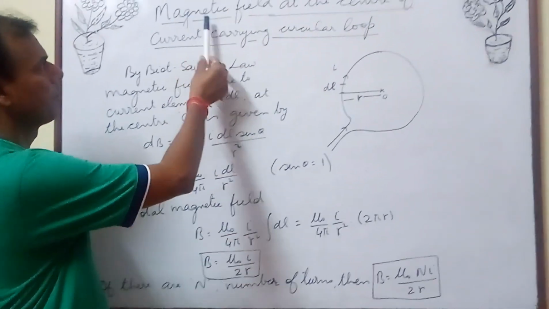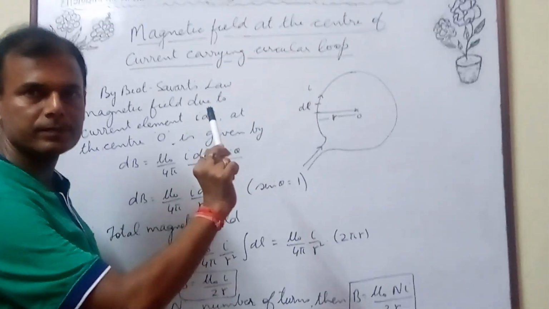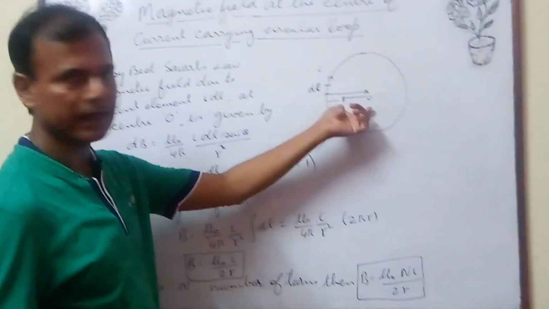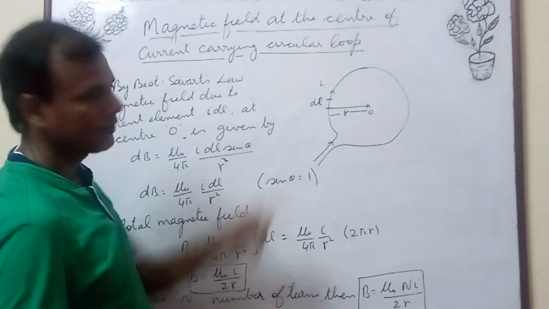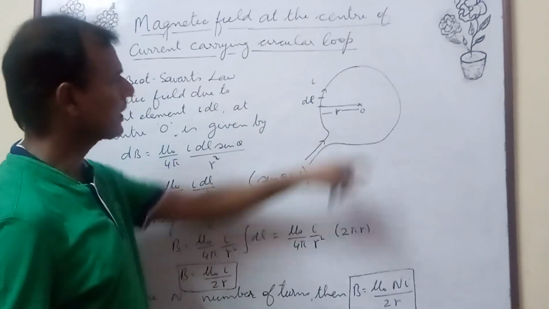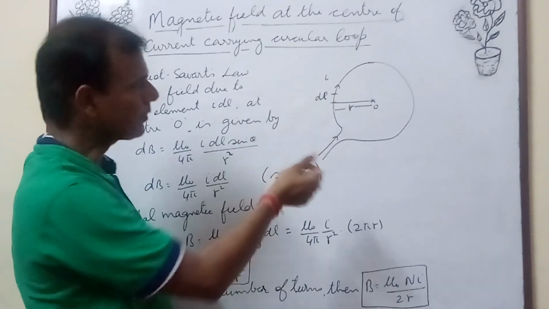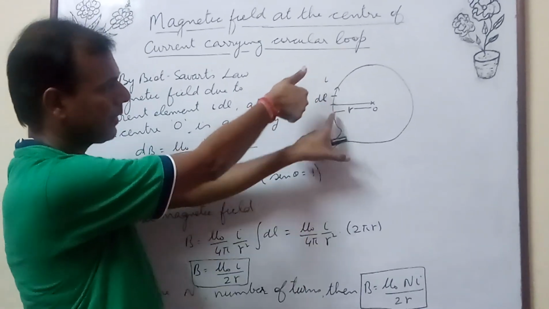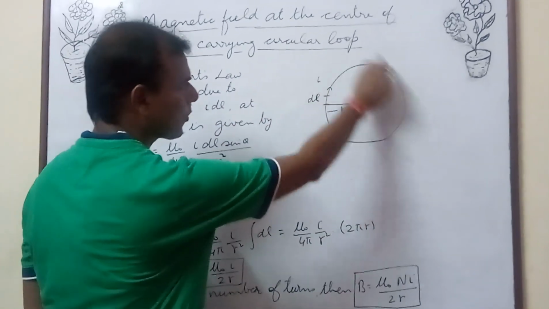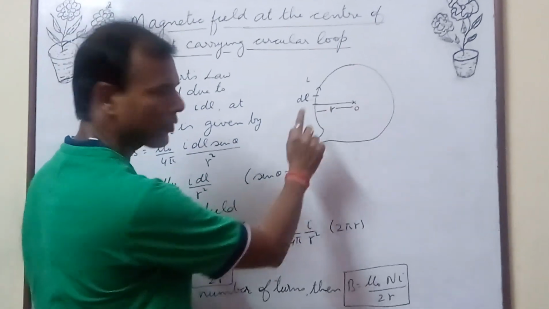Next we have magnetic field at the center of a current carrying circular loop. So this is the current carrying circular loop, and let its radius be r and having current I. Because of this current carrying circular loop, we want to find magnetic field at its center. So first thing, let us find out the direction. Now current I am taking clockwise, taking the right hand thumb rule, thumb towards the direction of current and palm towards the point, then this is cutting inside. The magnetic field due to this clockwise current at center O will be inside, this direction. The direction I have shown by cross.